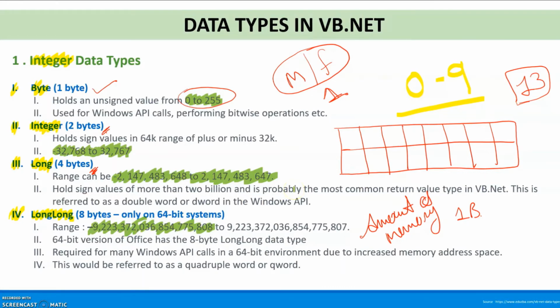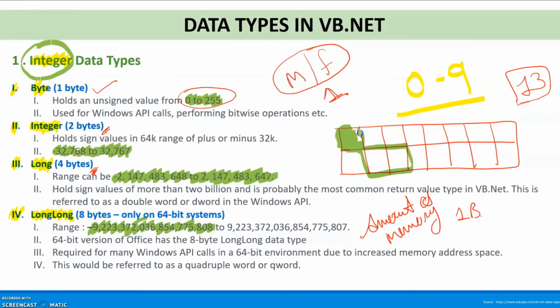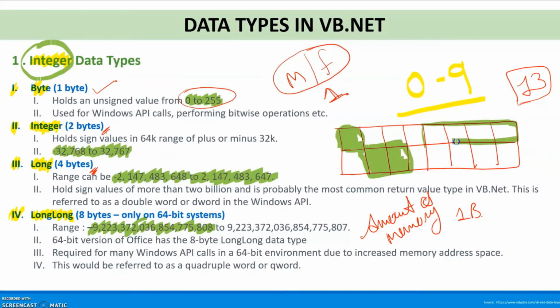So basically the types, especially in the integer, depend on the locations or the capacity. Here we have a 1 byte occupancy, but to store the single data here we need 2 bytes. This is for the integer. If you talk about the long, means if I have a longer number, a large number, in that case I need 4 bytes. So to store a single number I require 4 blocks of memory. So this is about the integer data type.